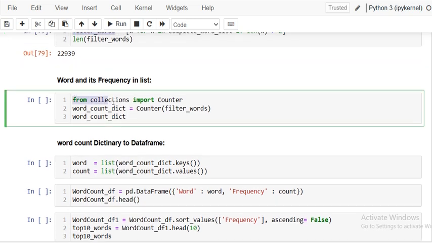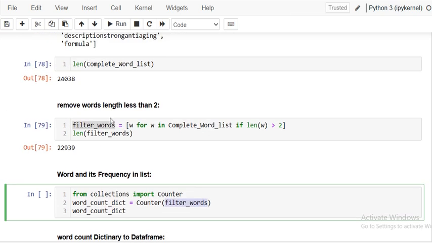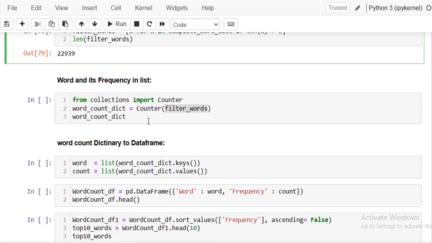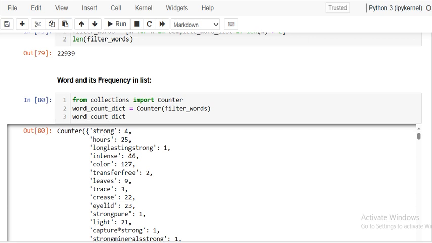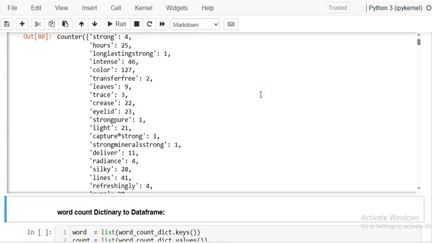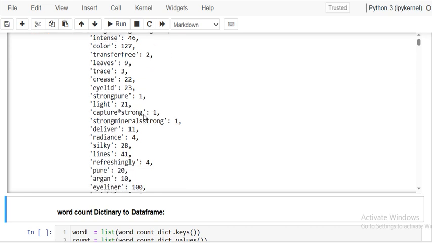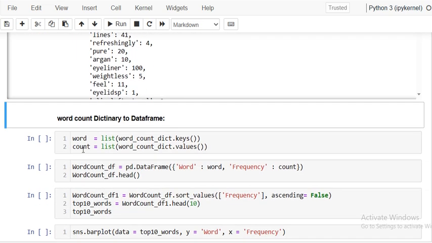For that, I'll import Counter from collections. When I provide the filtered list to the counter, it will create a dictionary of each word and its count. So strong appears 4 times, hours appears 25,000, long lasting and strong appear 1 time, intense appears 46 times, like this. Color appears 127 times. Okay, so I want to convert this